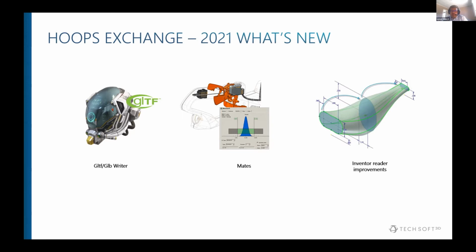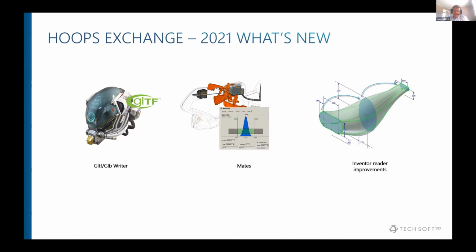We have also released the support of the mates for CATIA V5. So mates are also called mating conditions or assembly constraints. So in fact, the mates are the semantic definition of how components have been assembled and positioned together in the CAD application, in the CAD package. For example, you can assemble together two components by making some planes coincident and some axes coincident.